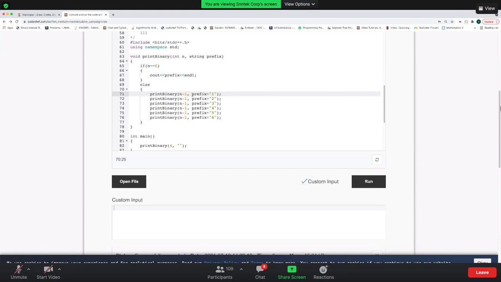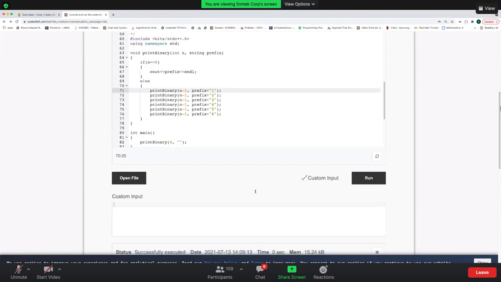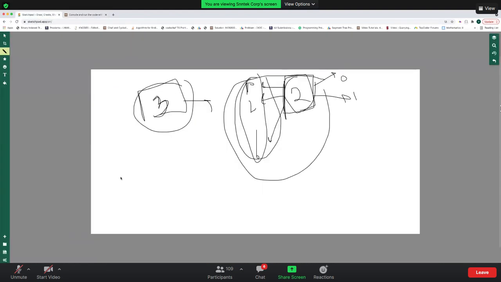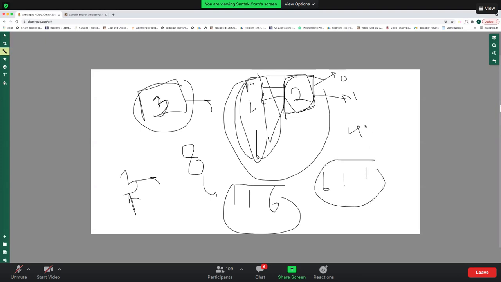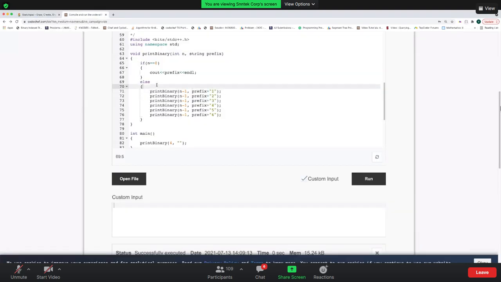Okay, so I'll tweak the problem statement a little bit, and I want you to print the dice rolls with some particular sum. So let's say you have three dices, and I want you to print all the combinations of these three dices where the sum is 8. So let's say 1 1 6 can be one of the cases, 6 1 1 can be the other case, 4 2 2 can be the other case. You have to print all the possibilities where the sum is given to you, where the sum is 8. How will you tweak the code in that case? Any ideas? Some smaller changes required.